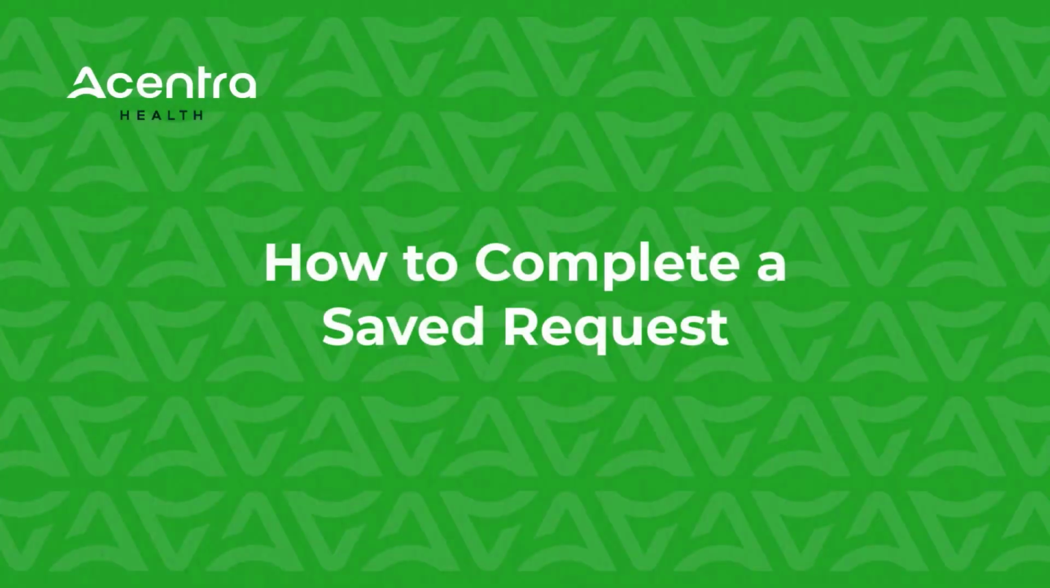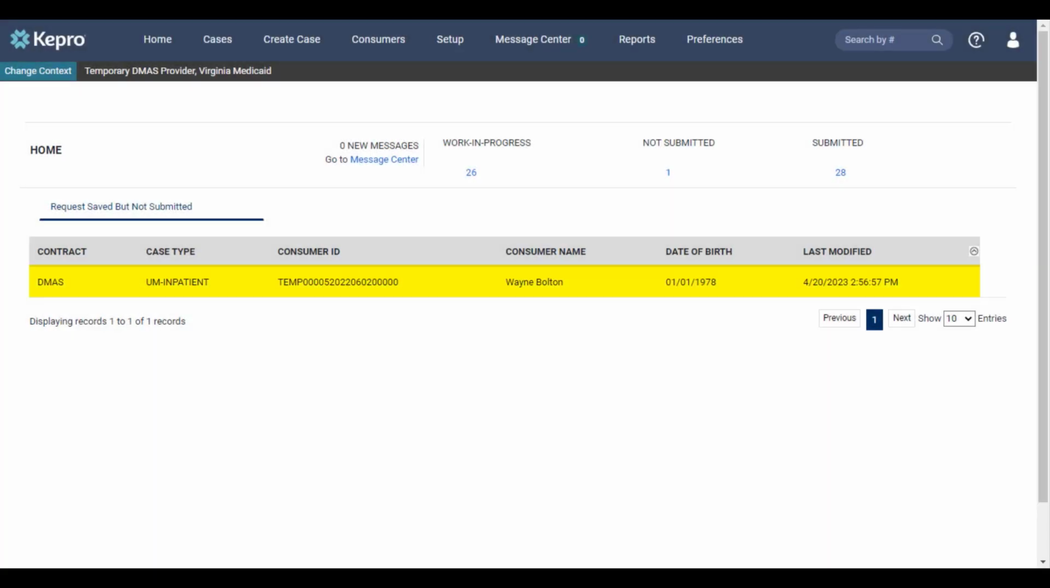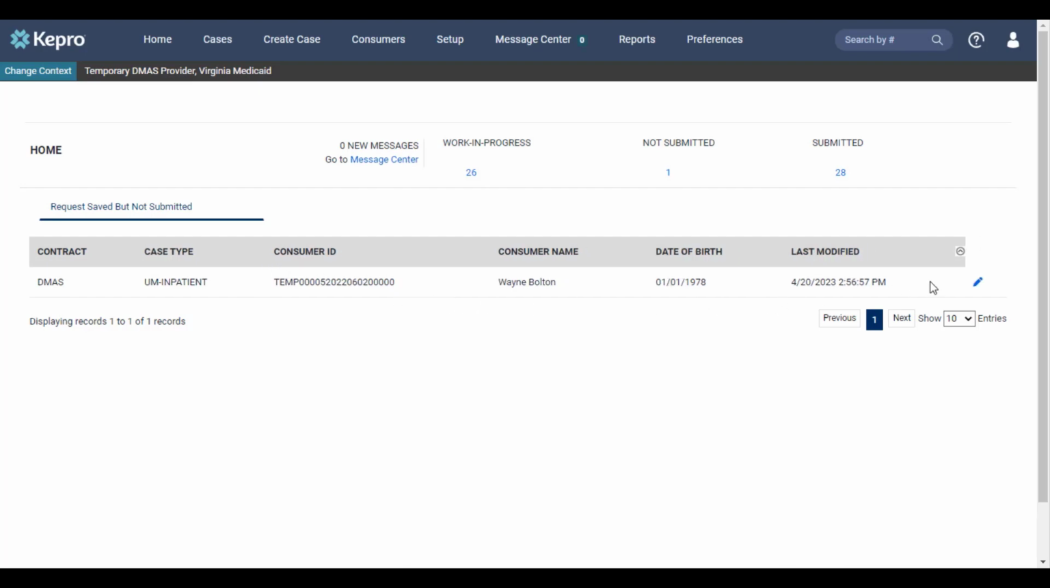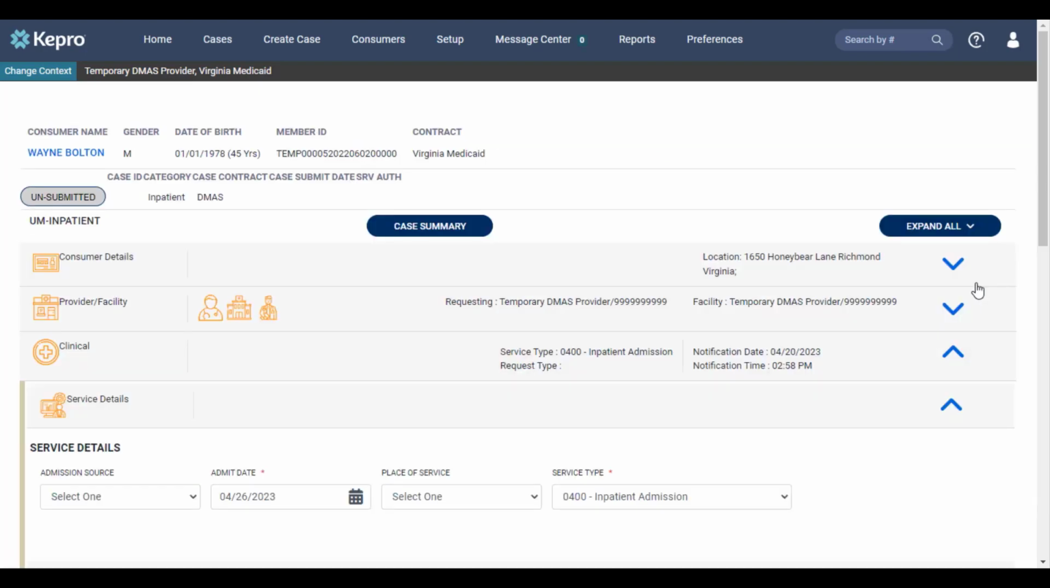I will now demonstrate how to complete a saved request. Requests saved but not submitted will appear on your home screen. Notice that when my mouse hovers over the line for the request, the pencil icon will appear. To continue the submission process for the request, you will click on the pencil icon to edit. It will bring you back to your request so you can continue to enter your clinical information and the required